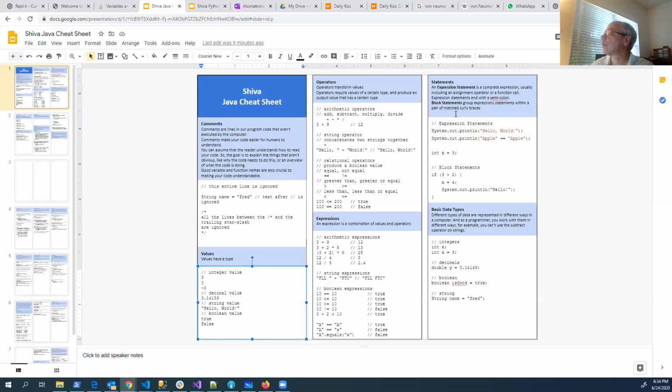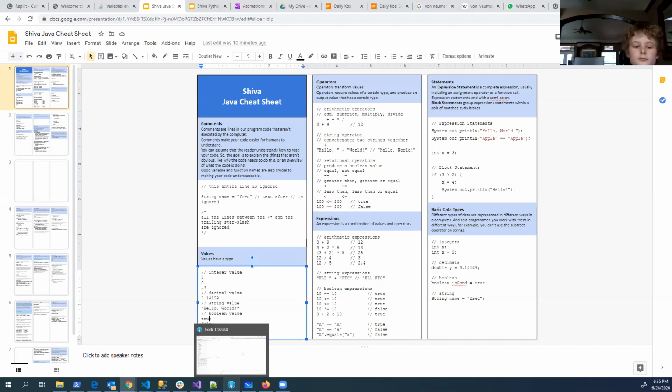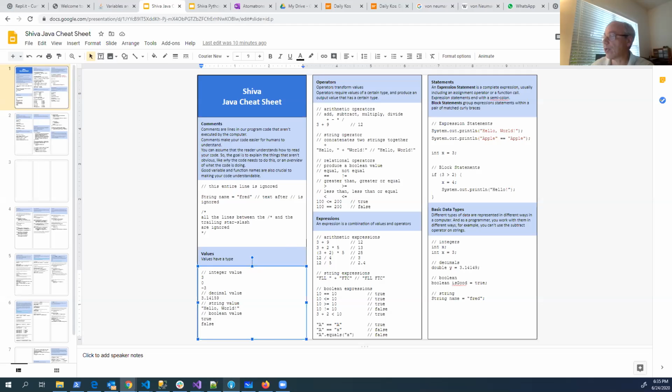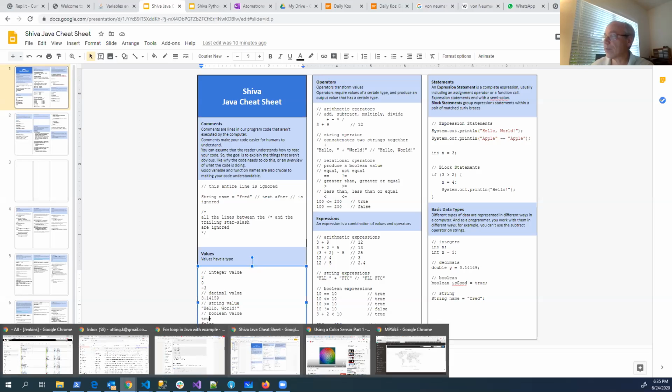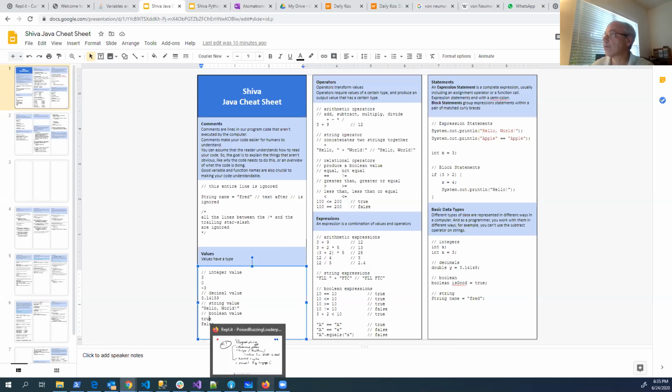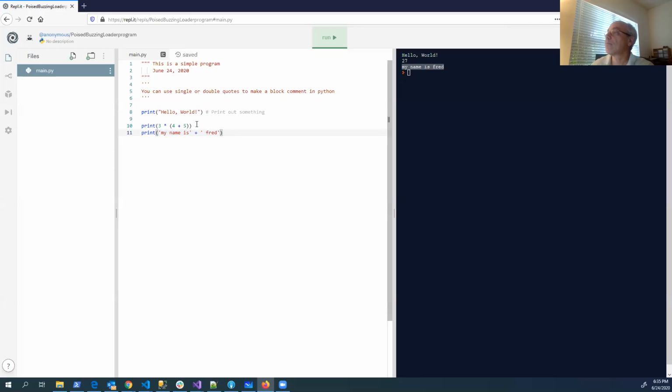All right, so statements. Here's one difference between Python and Java. Python just knows that the end of the line is the end of a statement.